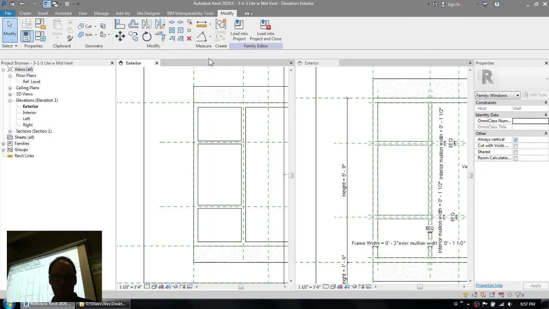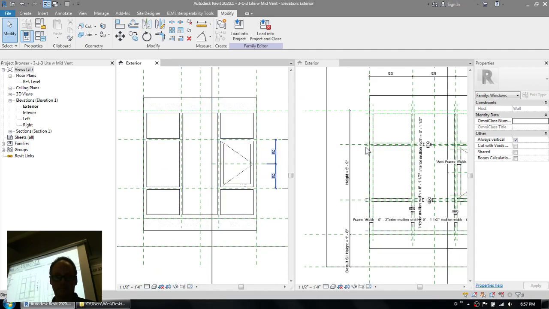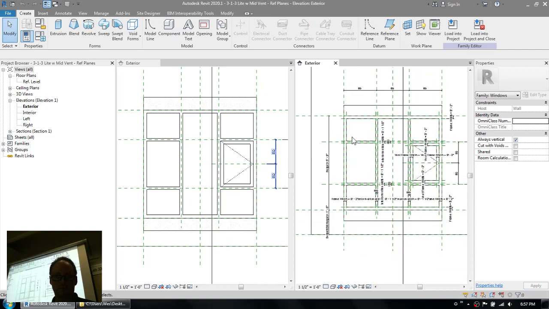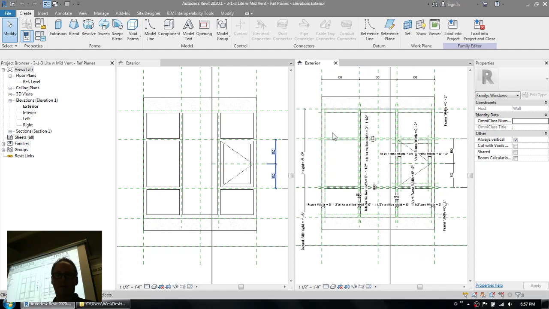I'll just tile them. Now clearly one's got a lot more dimensions visible. And so what I've done is that with this example here,